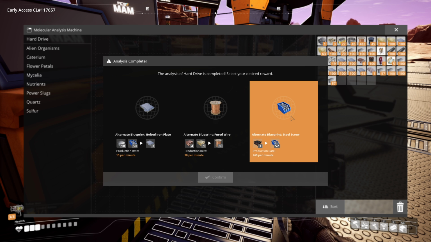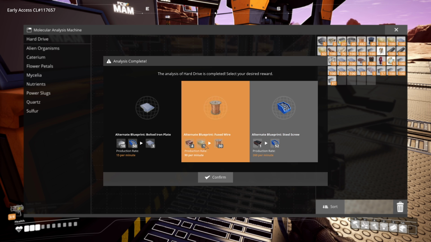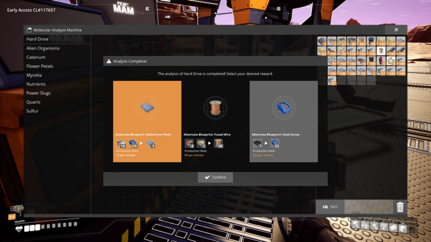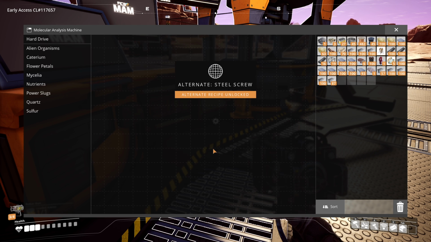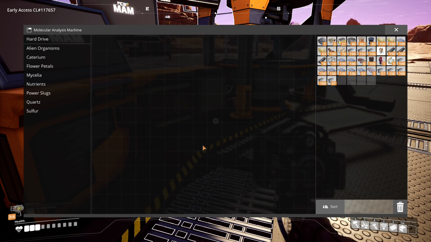You got this one, alternate blueprint steel screws. Oh, steel screws. Yeah, look how many you can make though there. Because this isn't screws already. A little like 1 to 4. 1 to 4, and you have this recipe that can do 1 to 52. 26 per blah blah blah. You know what? Yeah, that's the one I'm picking. That seems beneficial for the long run. So